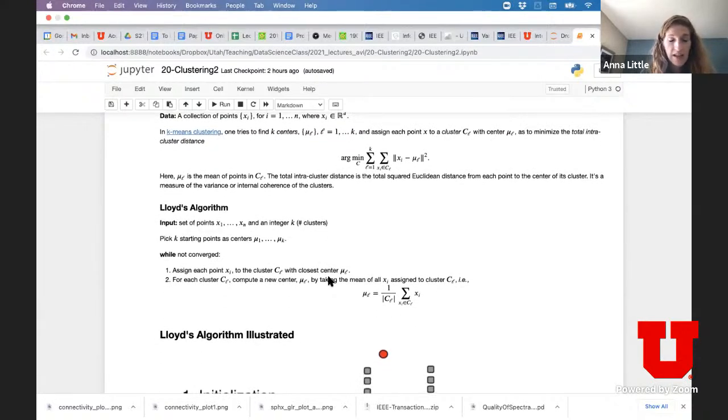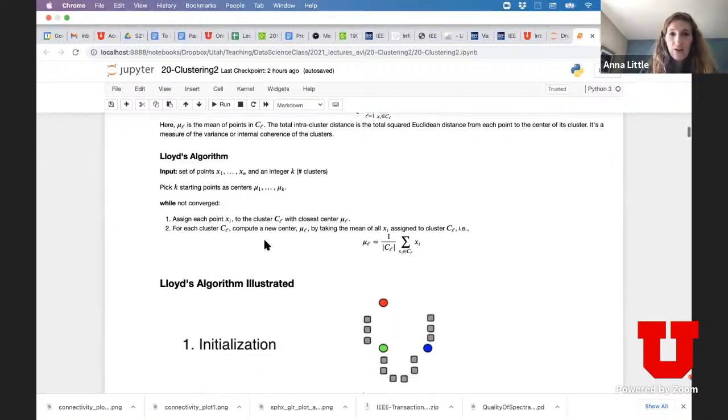Okay, and then one standard approach for doing this is Lloyd's algorithm. Basically with Lloyd's algorithm, you start off with your set of points, and you use some procedure to pick your initial centroids. This could be random, or something along those lines. Usually it's random, but it doesn't have to be. But you pick K initial centers, and then until the algorithm converges, at each iteration, you assign each point x_i to the cluster C_l with closest center mu_l. So once you fix the centroids, each point gets assigned to the cluster defined by that centroid. What is my closest centroid? I'm then assigned to that cluster. And then you recompute the centroids at the end by averaging the points in the cluster,